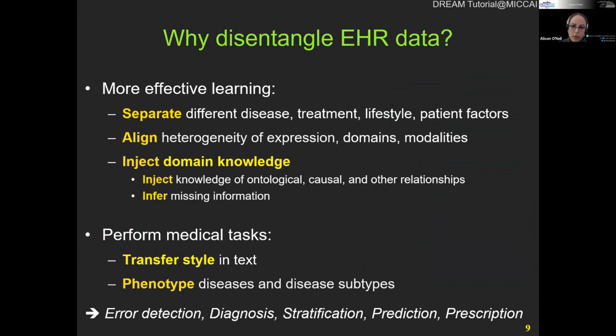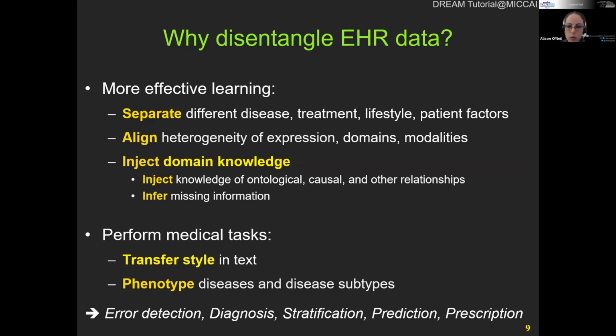So why do we want to do this disentanglement? We want to be able to separate different factors, and similarly to an image that might consist of disease factors, we might also consider treatment and lifestyle and patient factors. And that tends to be in a much more holistic way. We want to align different modalities. So if we can extract similar representations from text as we can extract from imaging and also from other data modalities. And if within the text we can also align,